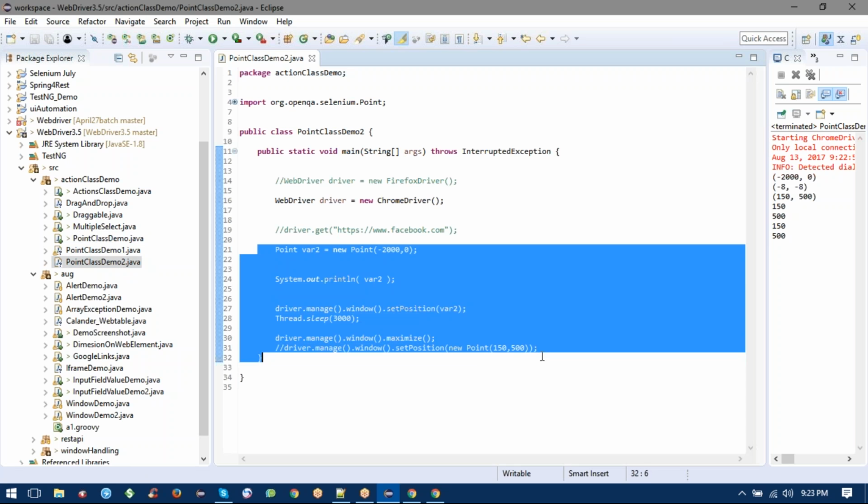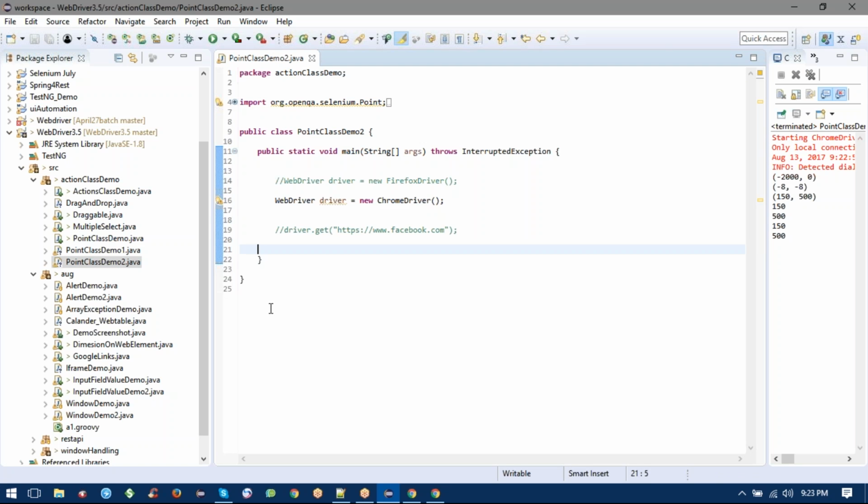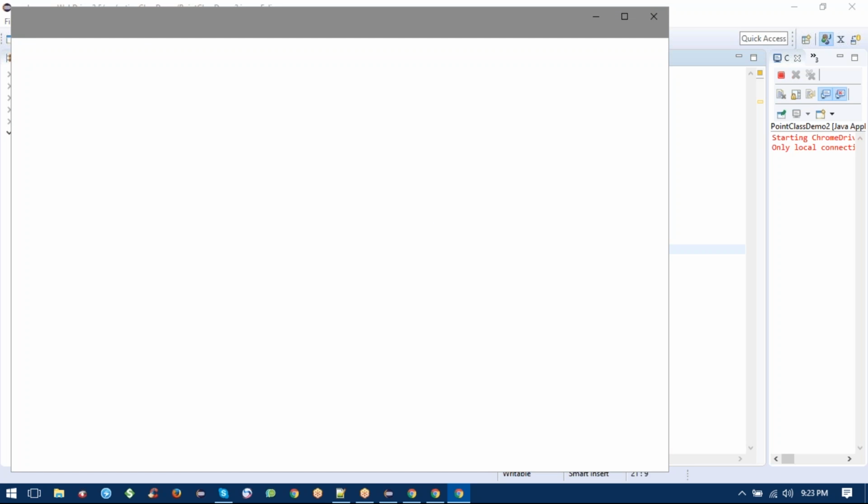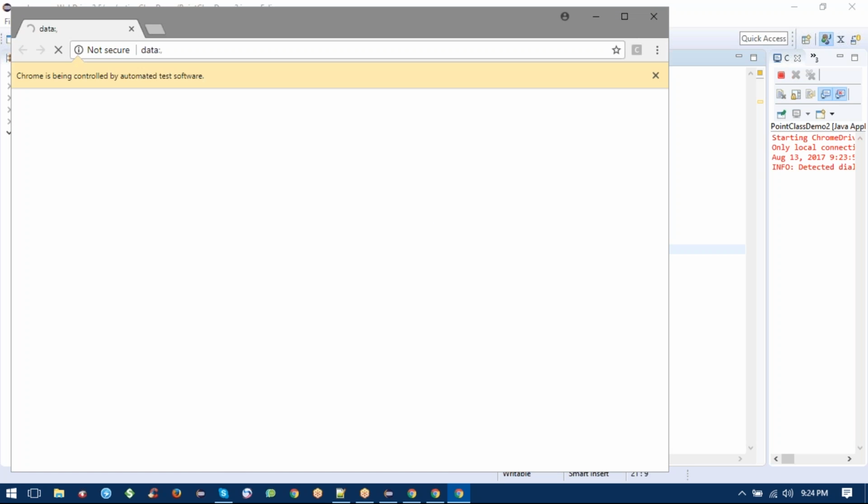Let's remove this line of code because I need the Facebook demo to cover. Say that I have opened the Facebook. Let's explain what I want to do. So the Facebook page has been opened,